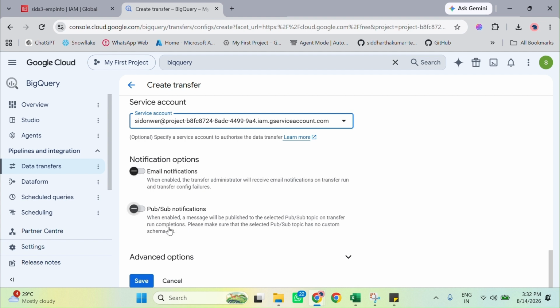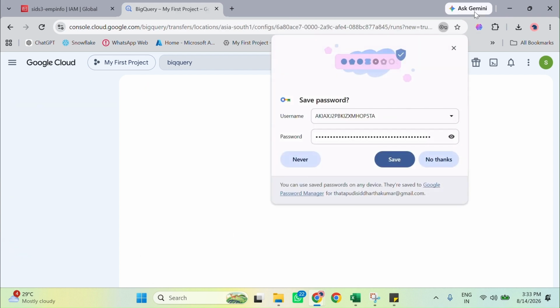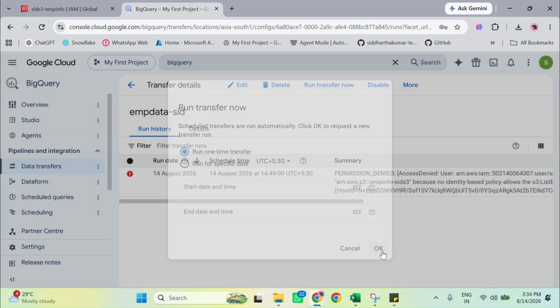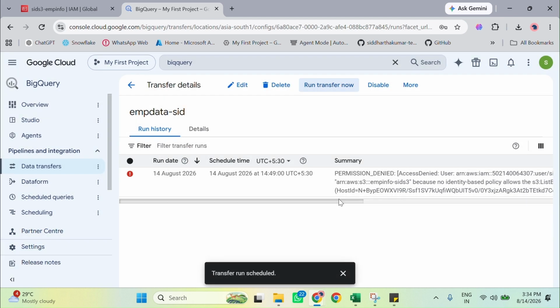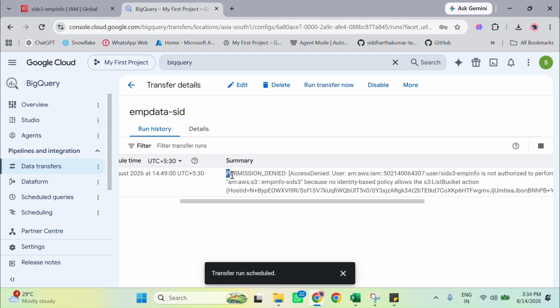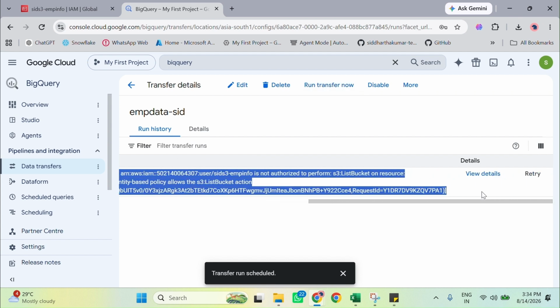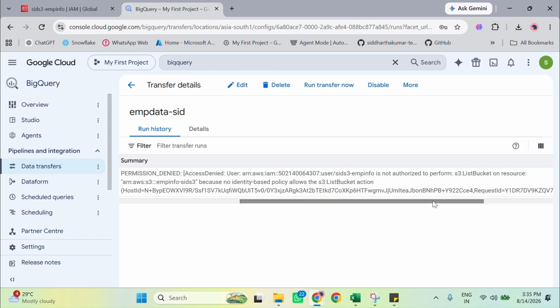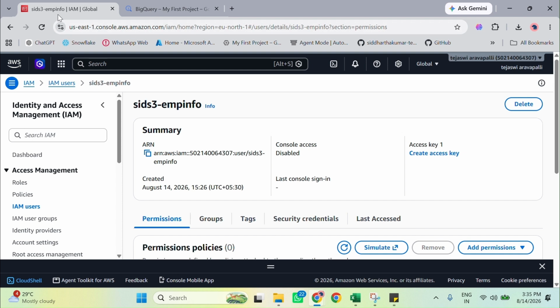You can also use WhatsApp and email notification. It will be charged from your account. See, transfer now. Okay. See, if you get any error like this, it is a permission error. If you get this error here, it is a permissions issue. Go to